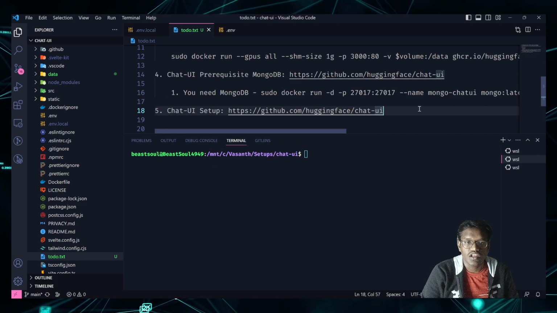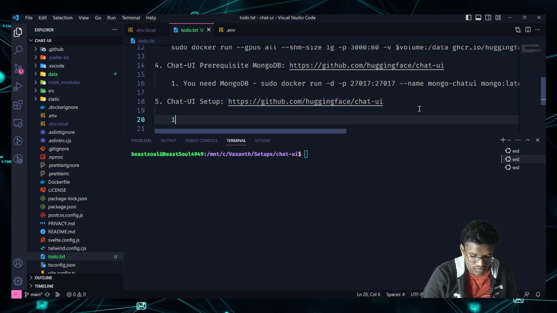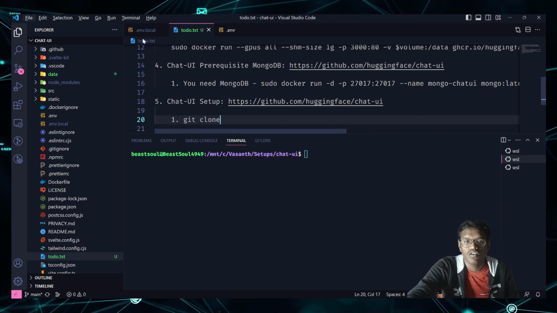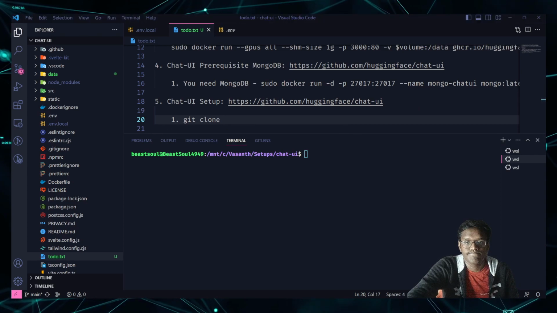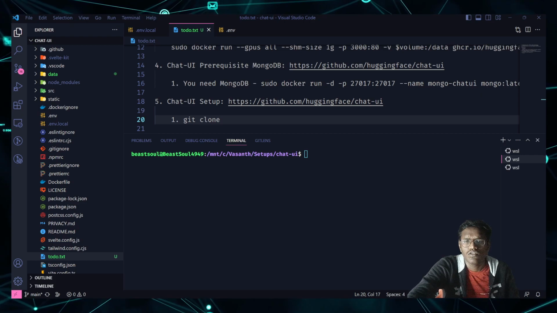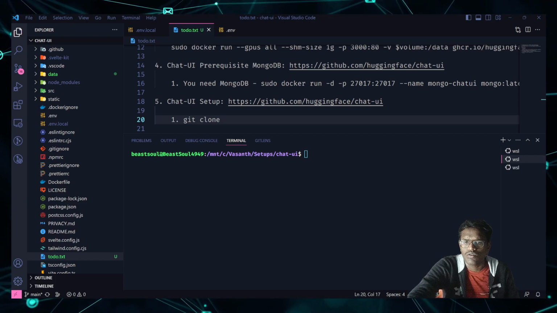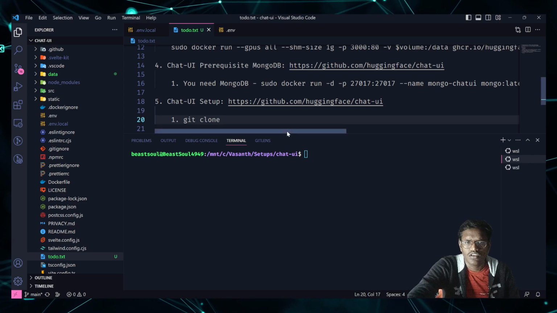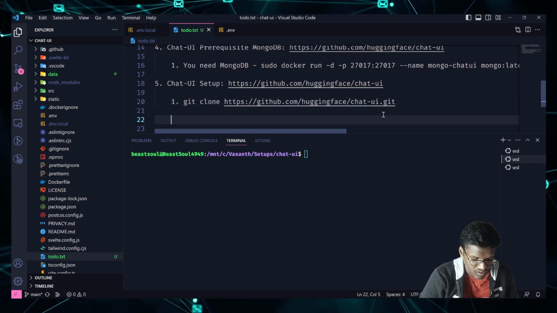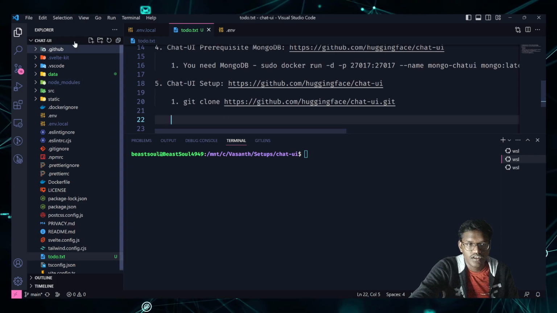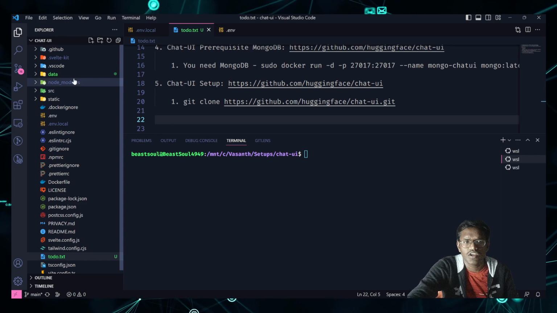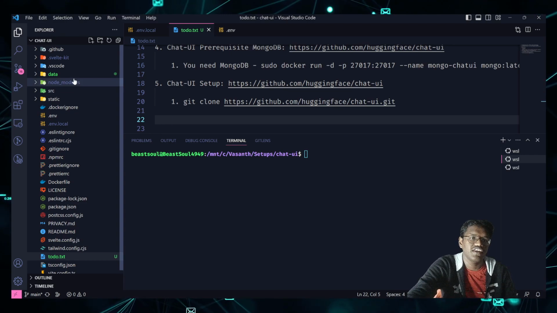Once that is done, the first thing is doing a git clone. I'll copy the repo URL. I hope you all know how to do that. So git clone this command. You can just execute it. It will create a folder like this. Except for the .txt, everything will be there,